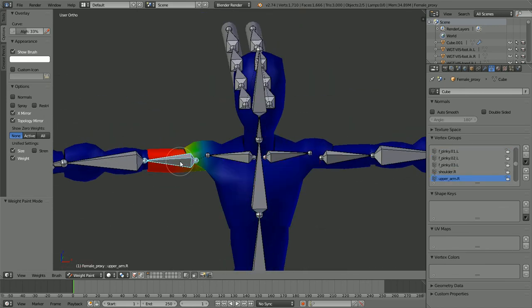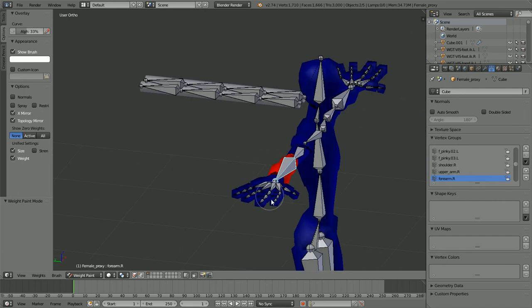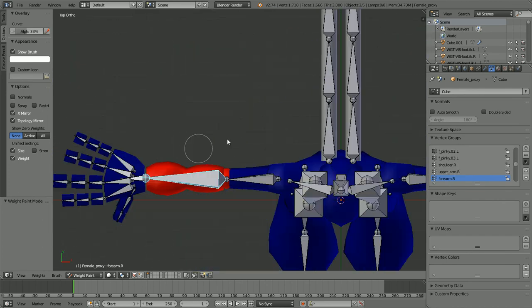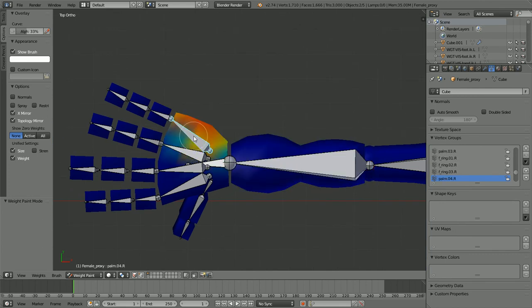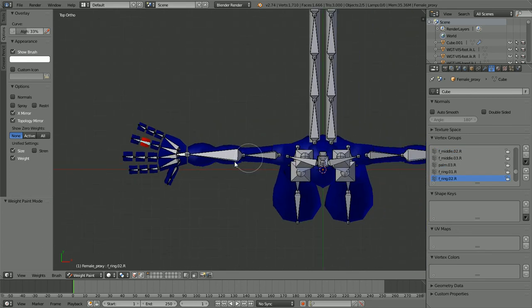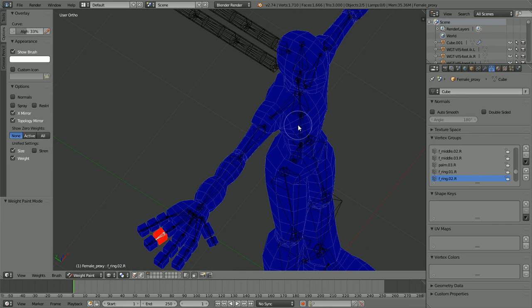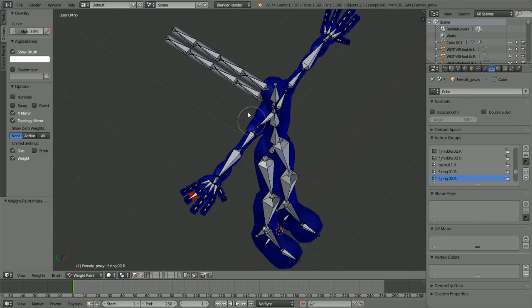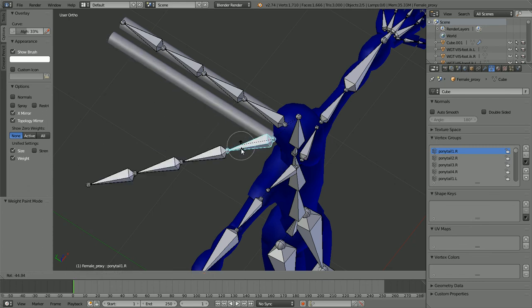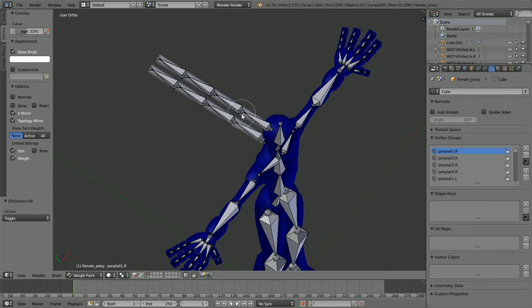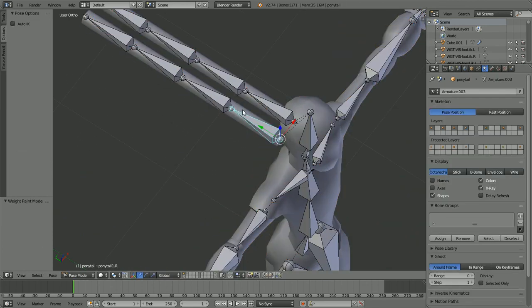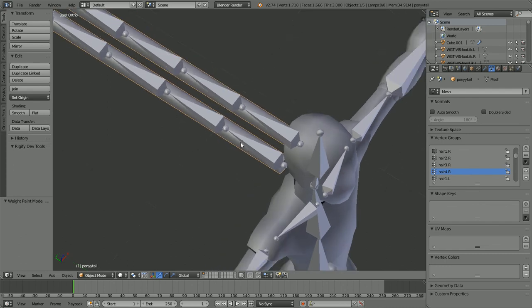So initially all the hard work is done within a matter of seconds due to the automatic weights. But sometimes you'll get various results depending on how you set your bones up. So the only thing left to do now is to set up the ponytail, because now it's not moving with our mesh. So let's get out of weight paint, and we're going to finish things off by